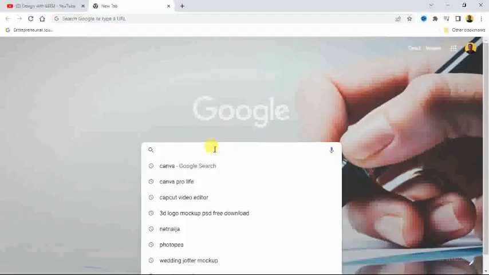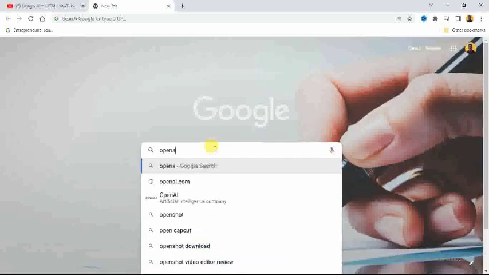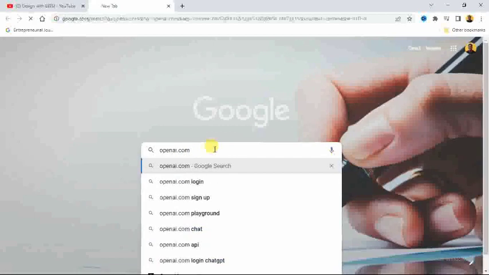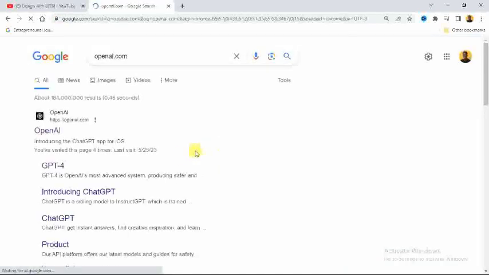Let's move on now. So if you want to bulk create any design using Canva and ChatGPT, this is how you are going to go about it. Go to the ChatGPT website. So if you don't know what ChatGPT is, it's an AI that answers your questions. So let's go to ChatGPT. So if you don't have an account with them, you can simply type in